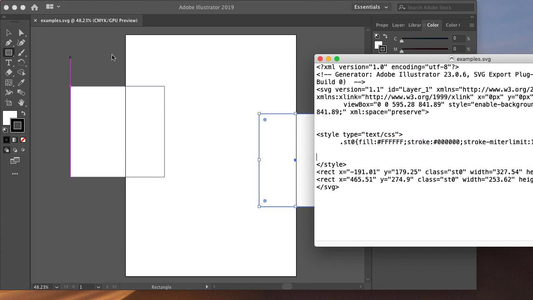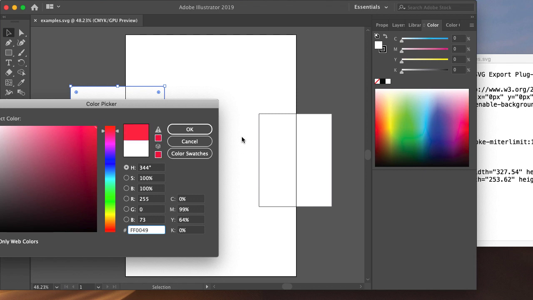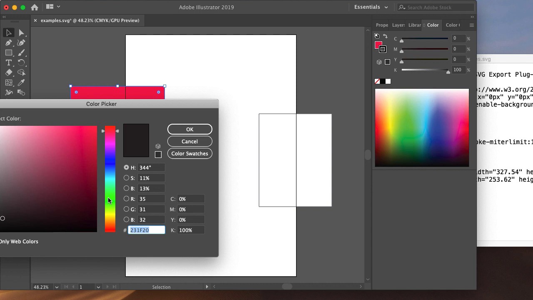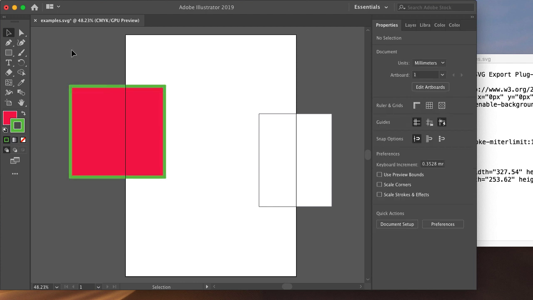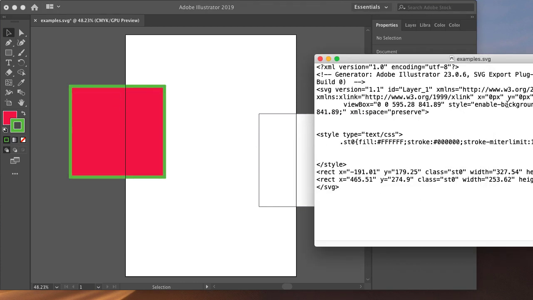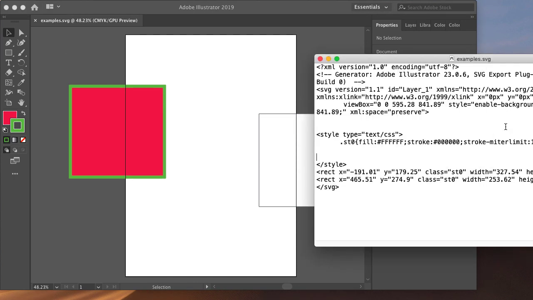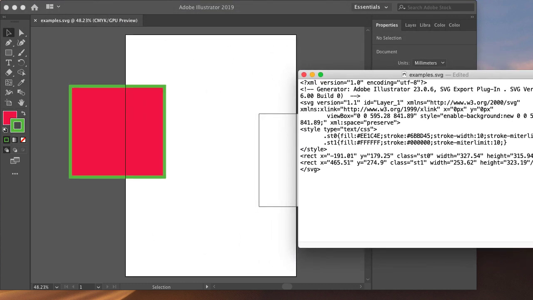So if I start to change some of these attributes, if I change this and I give it a color, and maybe I go into properties and increase the thickness of the stroke, that will start to add more attributes in here. So if I save this and I reopen that text file,